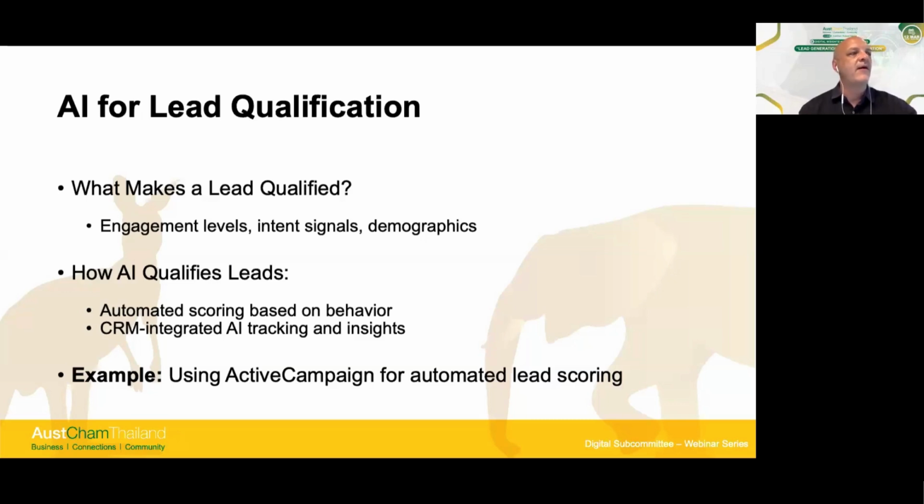So very important to think about your qualification. What makes your leads qualified? What areas of your website or what interactions with your brand would you count and score, and at what kind of level would you score that? Obviously, someone going to a pricing page, someone downloading something, they should be high points, because there's a real, genuine interest in looking at pricing and what you do. And then that score gets added up. And as I said, AI then can automatically assign that lead as a hot lead to your sales team.